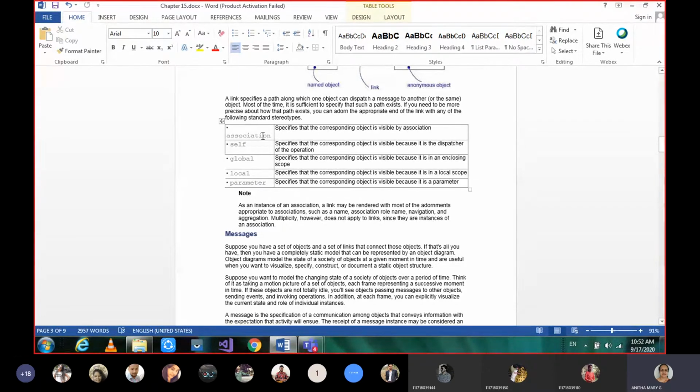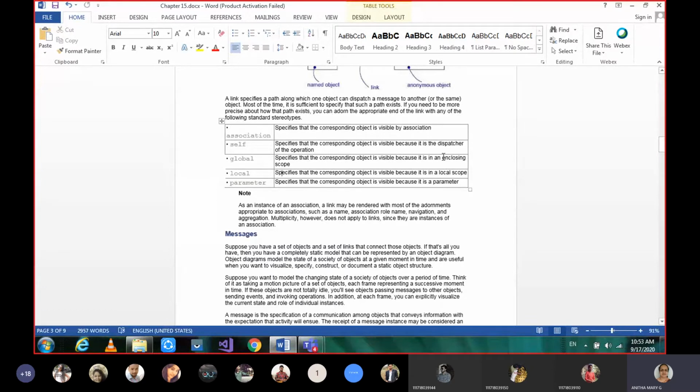First one, association, specifies that the object is visible by association. Okay, it is clearly seen based on the relationship, so the object visibility is clearly given. And self: the object is visible because it is a dispatcher of the operation. The object itself is the initiator, and it dispatches that operation to start execution, so we call it self.